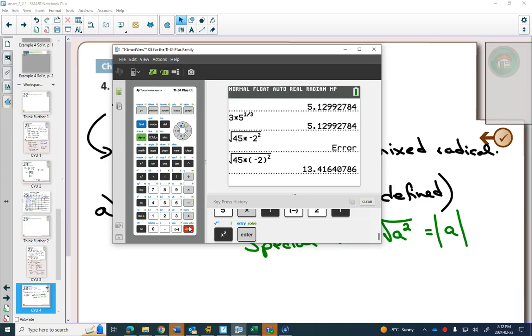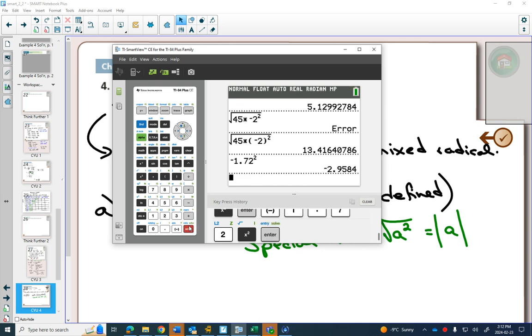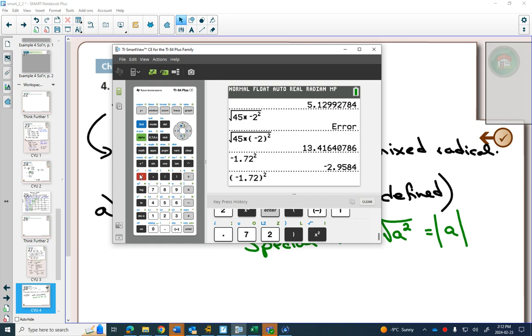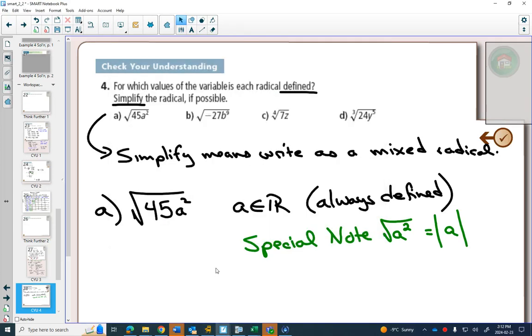Okay. So good point on the calculator, because that is very easy to make that mistake, right? So many people, they think, what is negative 1.72 squared? And I'll just write negative 1.72 squared. This will give us a wrong answer on our calculator. Because this will do order of operations. It'll do the 1.72 squared and then multiply by the negative. If you want to hold that negative together with a number and have the whole thing squared, you need to tell it and put it in brackets in your calculator. So a special note, when we square root